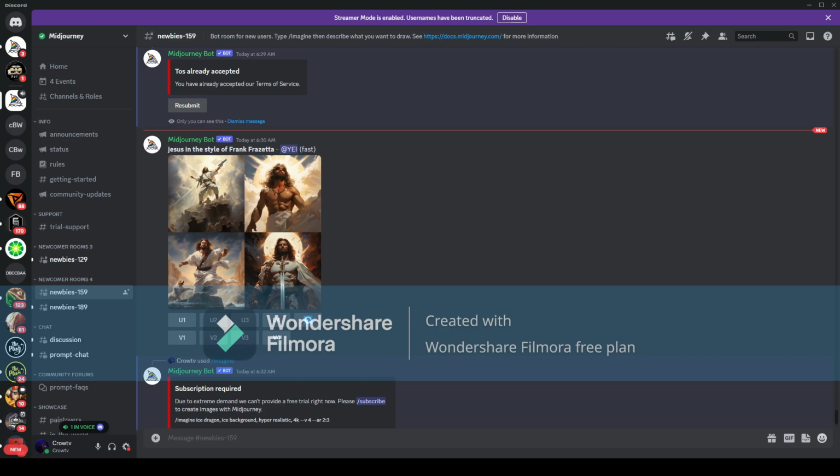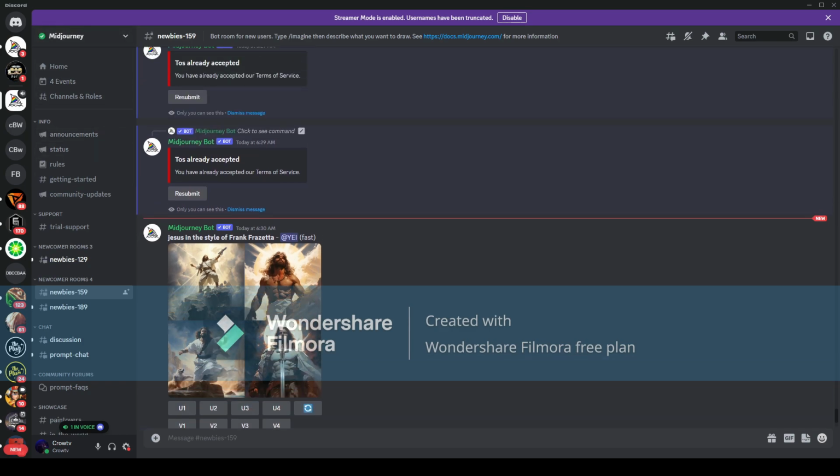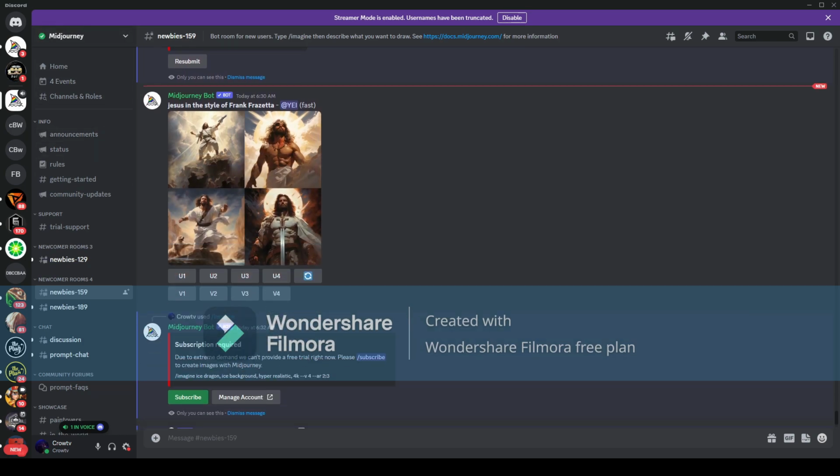So we're going to use Midjourney through Discord, and if you don't know how to do that, just search Midjourney Discord on Google and you'll be able to get the link for the invite. And once you click on that and accept the invite, you'll be able to enter the Midjourney server, which looks like this one. So the first thing that you need to do is